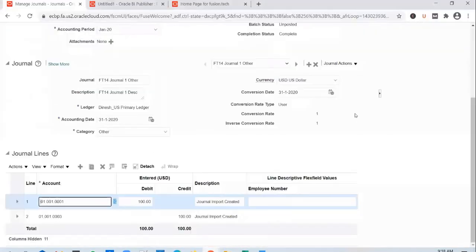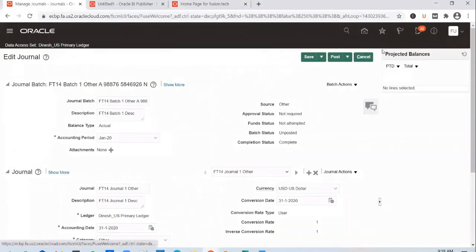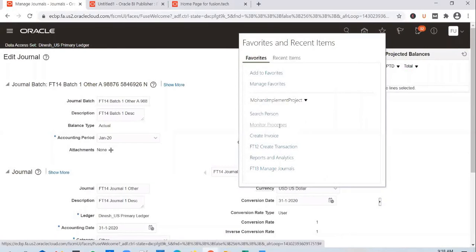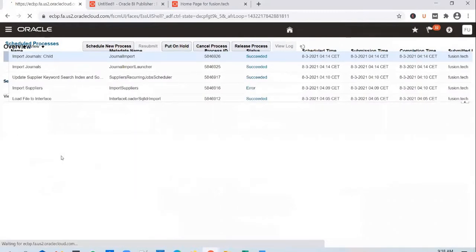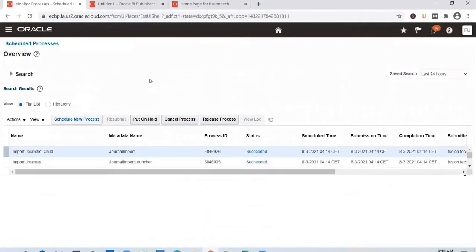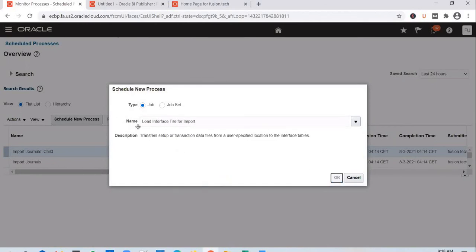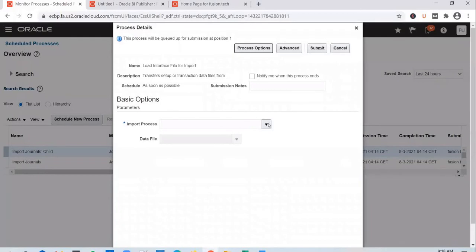Let's quickly run those couple of processes, the loader and the import job. Run the loader job with the error file.